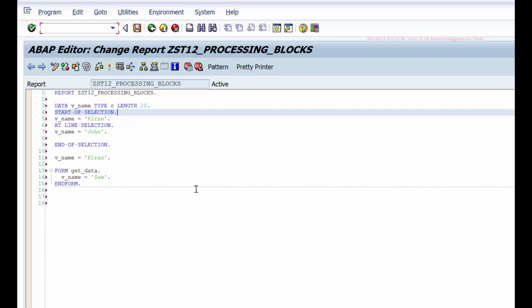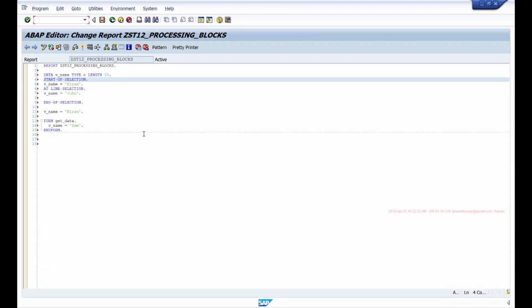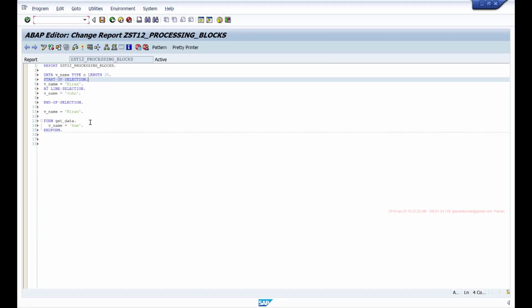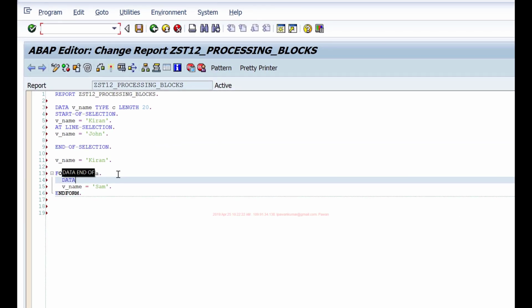The common characteristics of all the event blocks is they are introduced with an event keyword and they end implicitly when the next processing block starts. Event blocks have no local data area. That means in form and end form, I can define a data object which is visible only there.